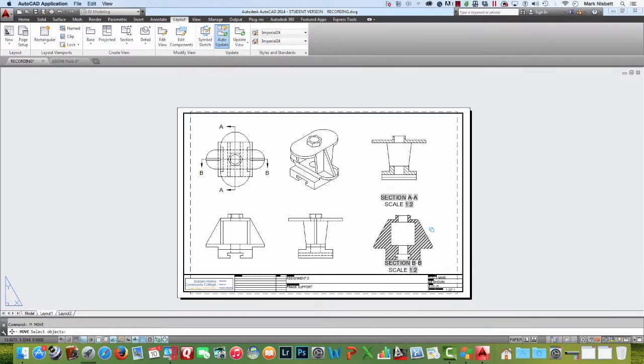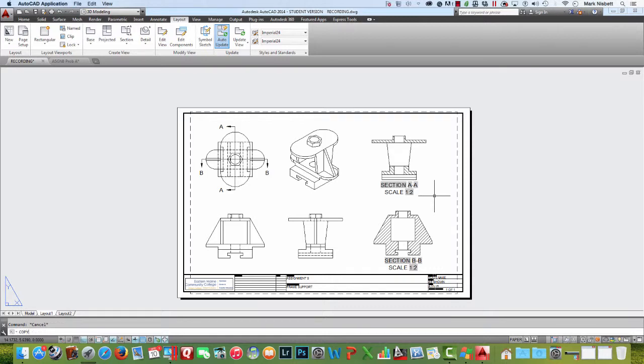You might want to move the view as well a little bit so it's not so snug. And you can see how the text goes with the view, so you have to move the text independently. So, and we can move that up like that, and so on and so forth. Okay, so we have this done, and now we're ready to start putting on dimensions and notes and things like